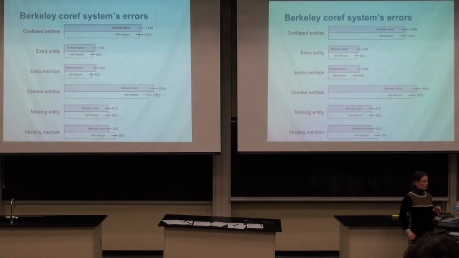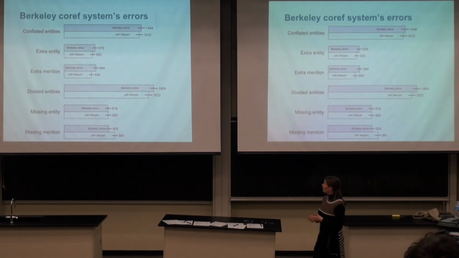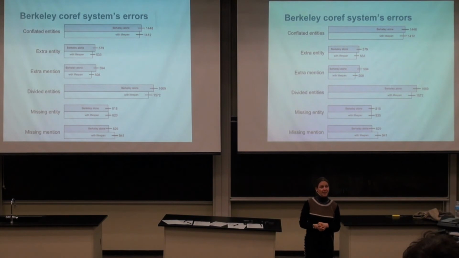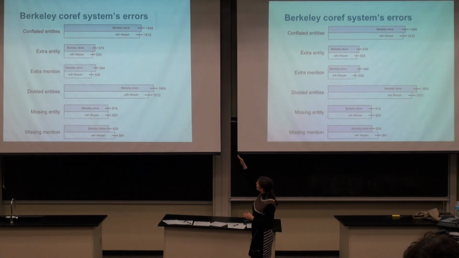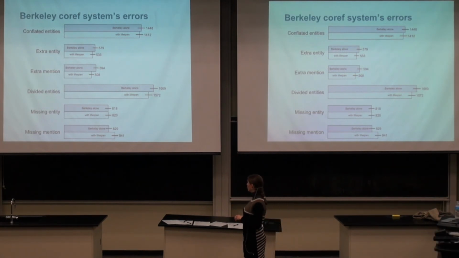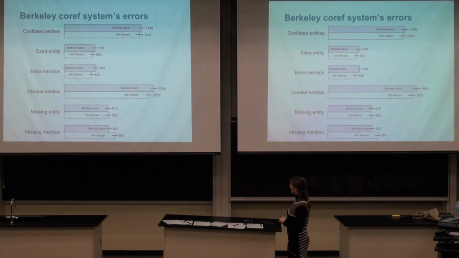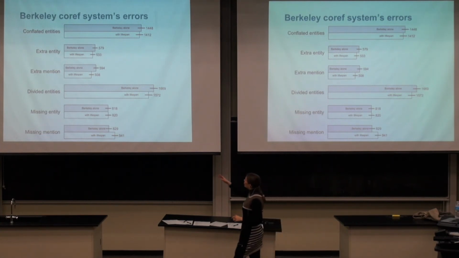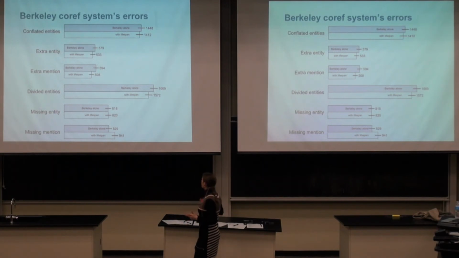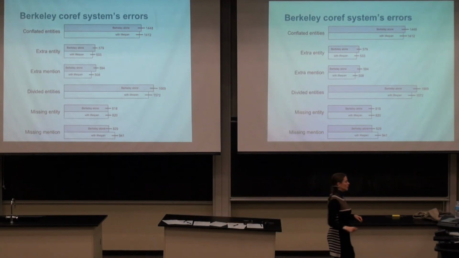And so again, we could run the coreference system to see what's happening on the output. Again, above we have errors for precision, below we have errors for recall. You can see that it's not that we are doing much better in one type, but just some gain overall that all together is going to lead to this boost. But there are still some missing entities, missing mention numbers here that the system doesn't deal